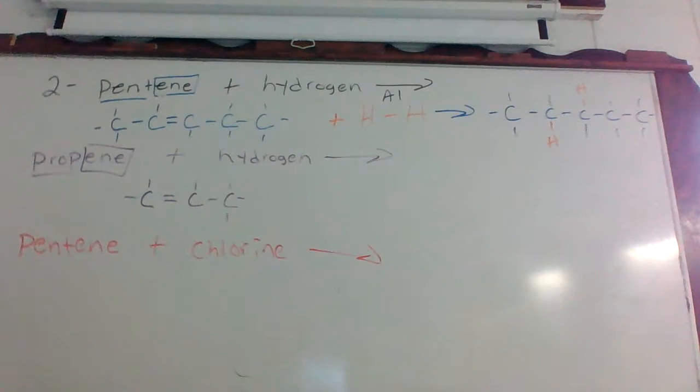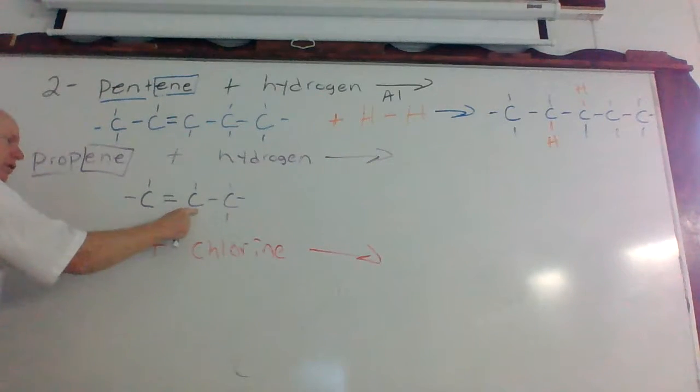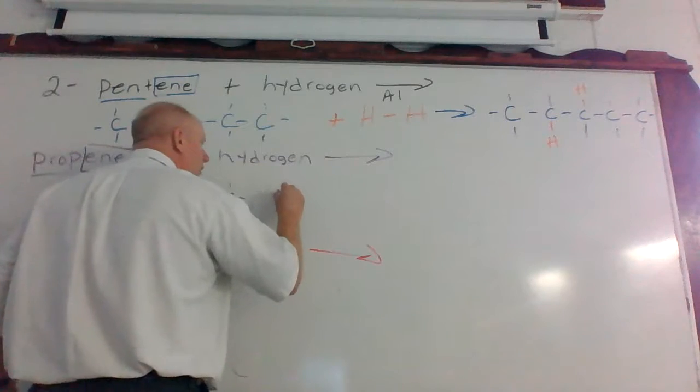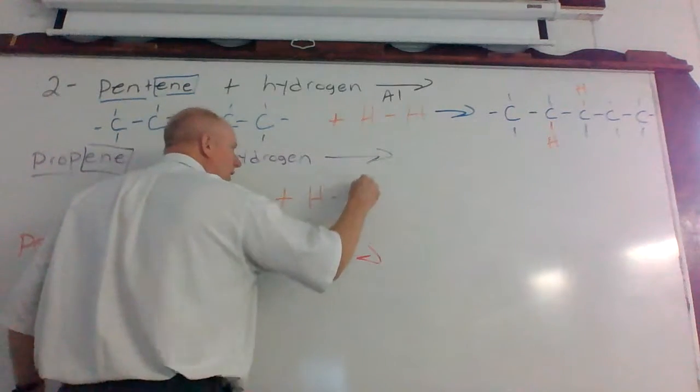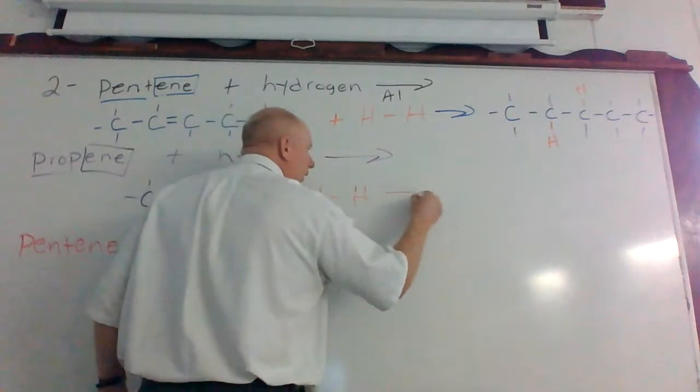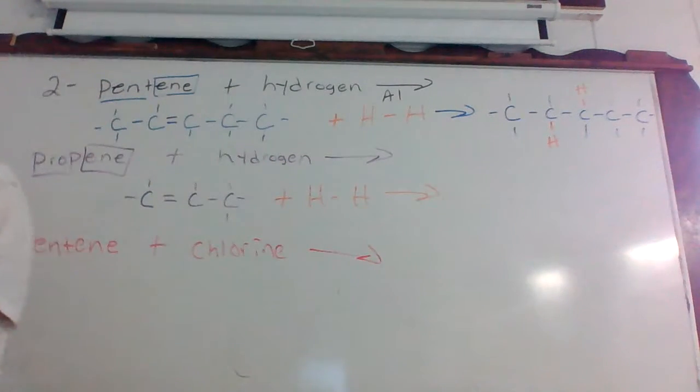Okay? So some mistakes that can be made, and it's very easy to do that, is put another bond in here because we're so used to dealing with the alkanes. Again, it's just easy to do. It's just one of the aspects with practice. Hopefully that goes away. So now we want to react that with some hydrogen. So H and H, or H2. And what do we get for a product?